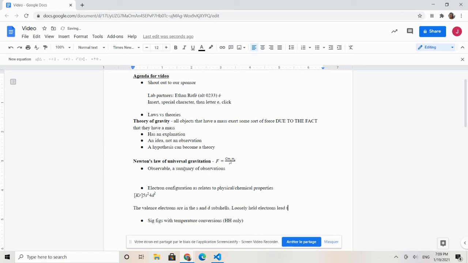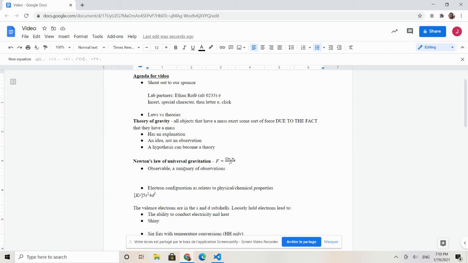lead to certain properties. One of which is the ability to conduct electricity. The reason why that's a thing is because if you have loosely held electrons, electrons can easily travel from point A to point B. And what you need to have an electrical current is moving charged particles. The other thing that you could expect is for this to be shiny. The reason why is these moving charged particles are going to be reflecting light as they're moving. There's other things we could say about this in terms of oxidation reduction reactions, but that's